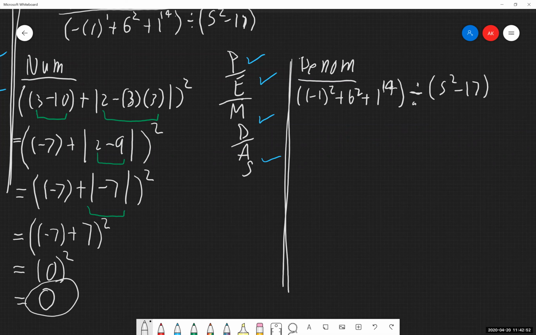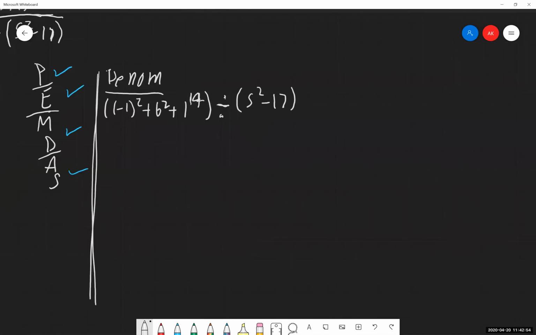So going through PEMDAS all over again with that. I'm just going to write this off to our side. Keep track of our steps. And again, if you're looking at this, thinking, oh my gosh, this is complicated, there's a lot that's going on here, there absolutely is. And this is the caliber of question you can expect to see on the test when this stuff comes up on it. Okay? So, and I almost wrote this one wrong also.